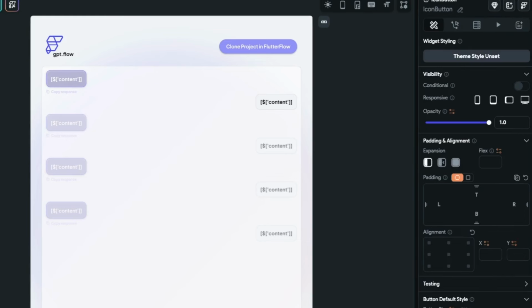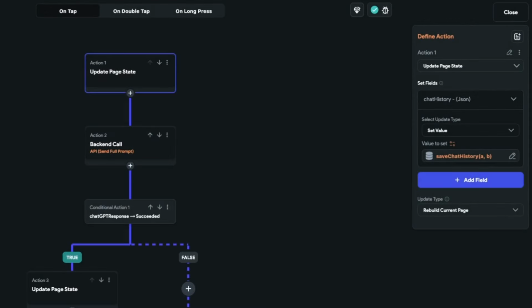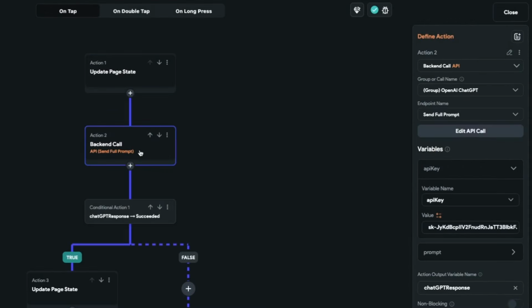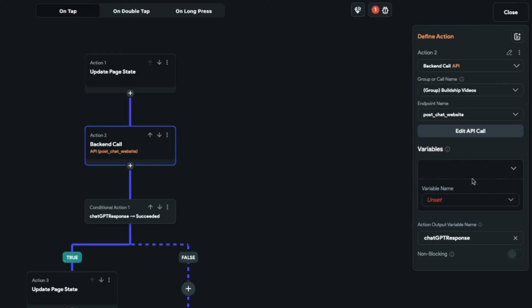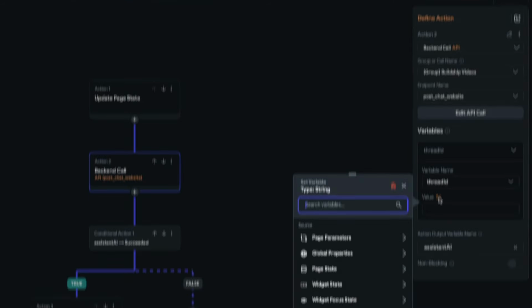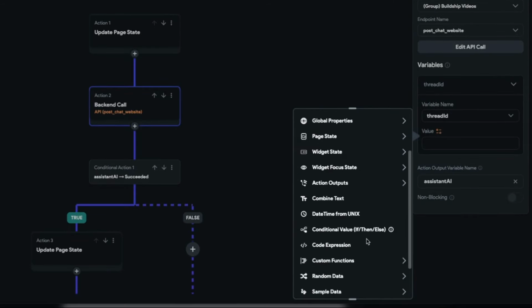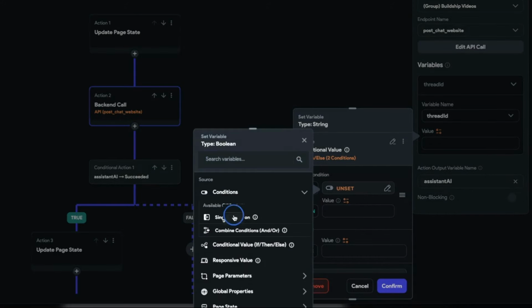Again, we'll come down here to the icon button, open the action flow editor, and we want to amend this API call. So we'll swap this out for our BuildShip call, and we'll add in our thread ID. Now remember, we only get a thread ID after we initiate a conversation for the first time. So we'll include some conditional formatting here. And we'll say if